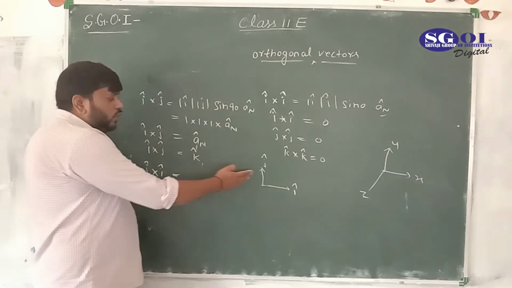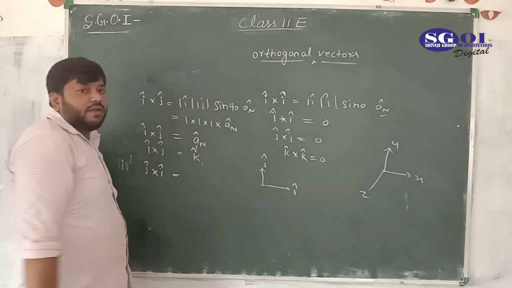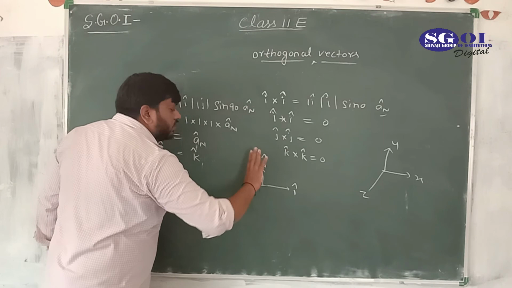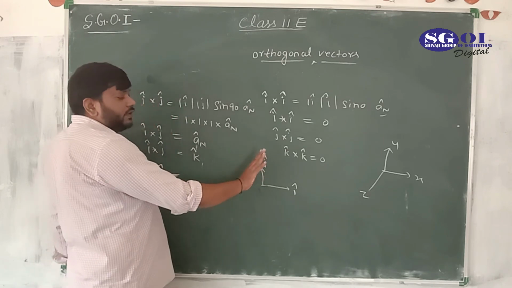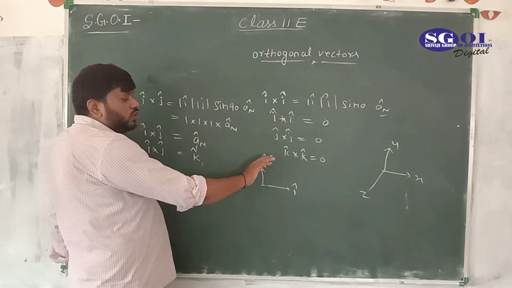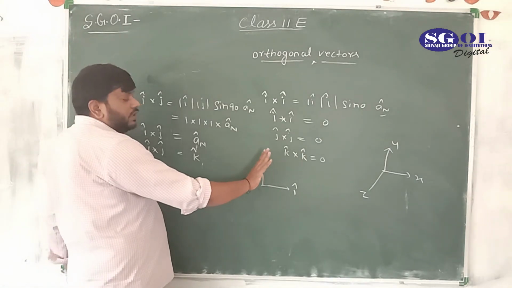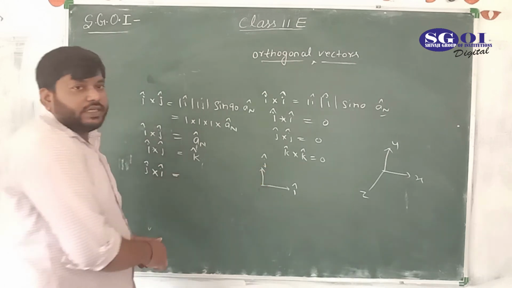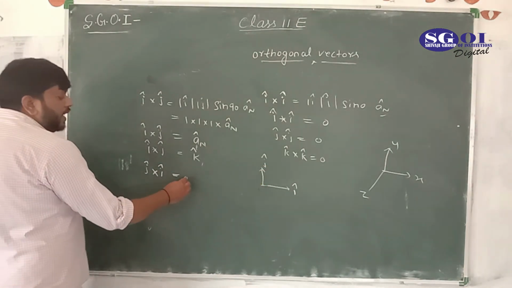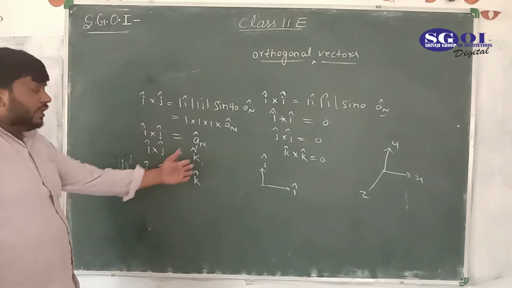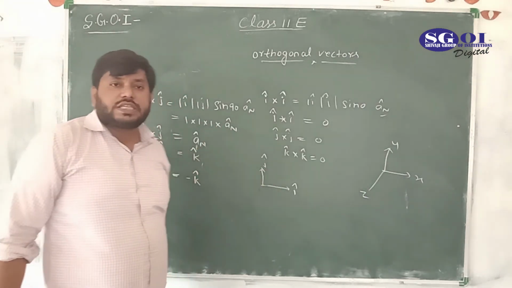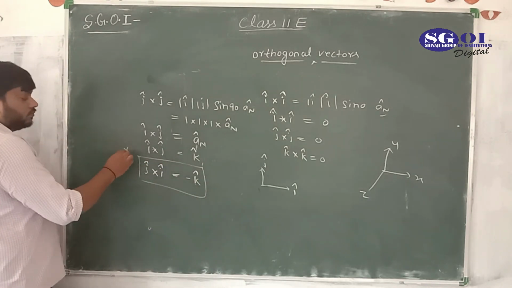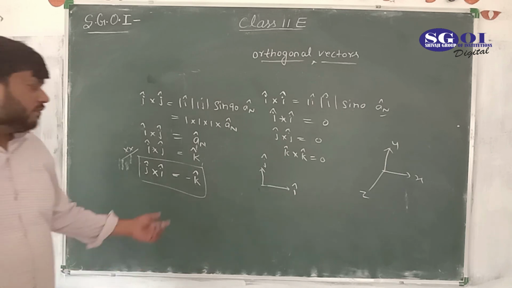So we put the hand at j, then we have to move towards i. If you put it like this, no. We have to put it like this. Okay? And when you close your fingers, they point towards i. Now the thumb points inside. Which direction is inside? Minus k cap. Because if this is k cap, then this is the minus k cap unit vector. So j cross i is minus k. I think you are clear.